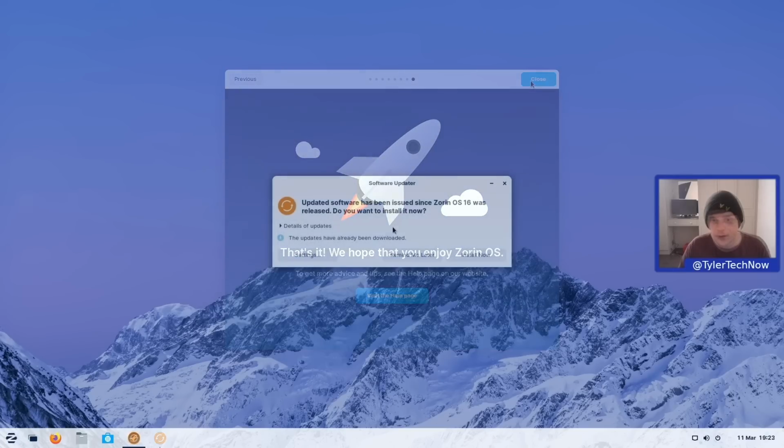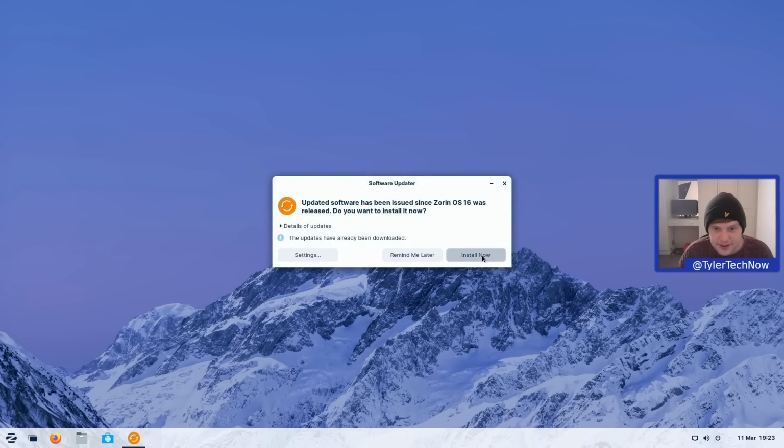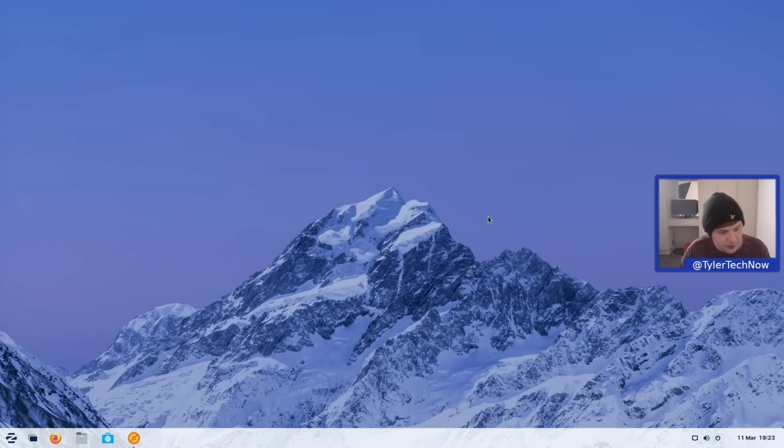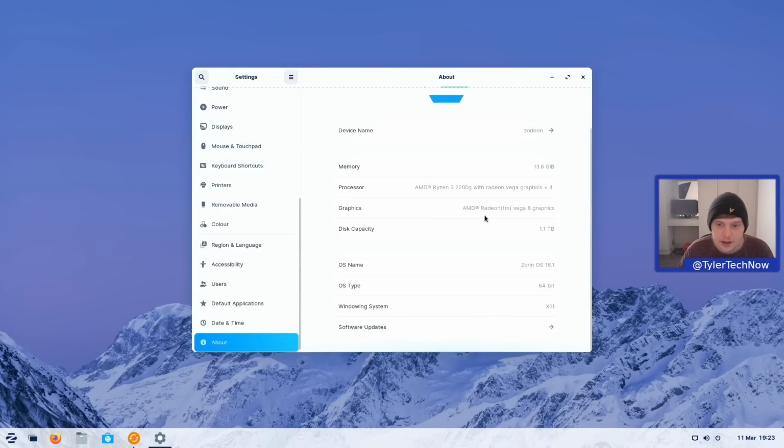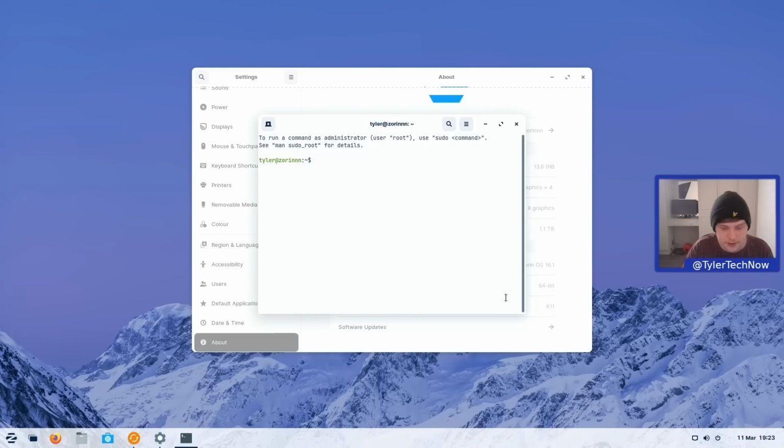Let's get into it. Right, so we've got some updates to grab, so let's go ahead and install them now. And then while it's doing that, we're going to jump into the About page and we can see the version of things that we are using. So we can see here that the windowing system is still using X11 by default. I don't think we can see the kernel version, so let's open up a terminal and type in uname -a, and we can see that we are using the Linux kernel of